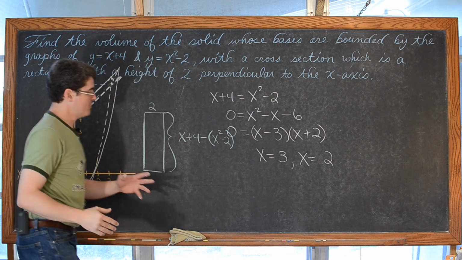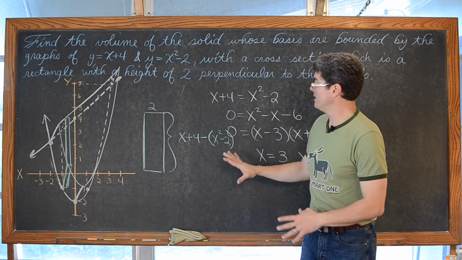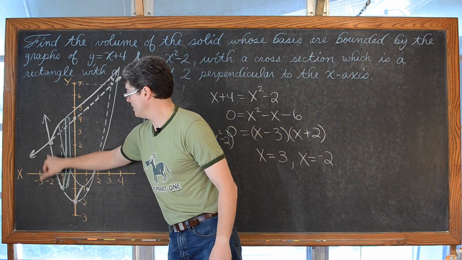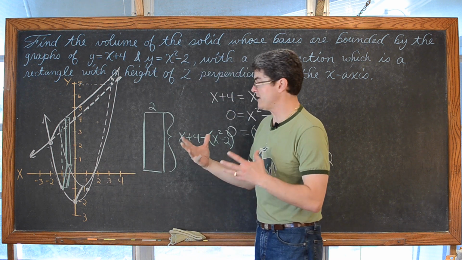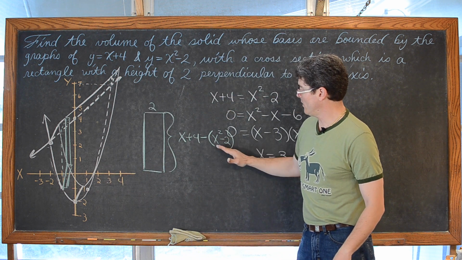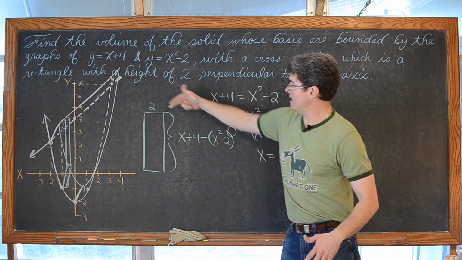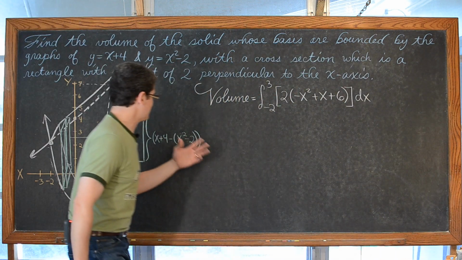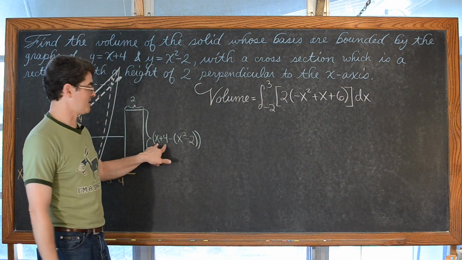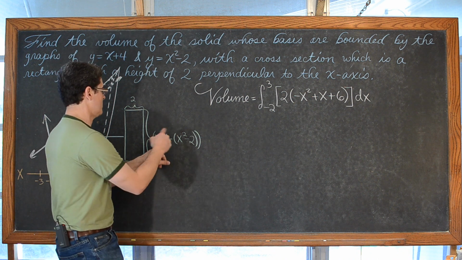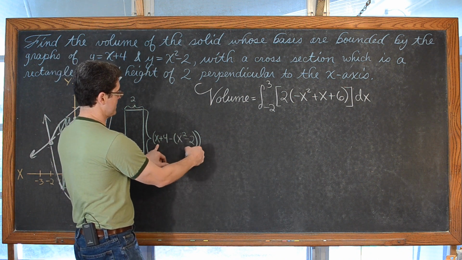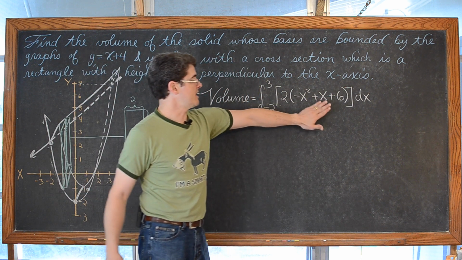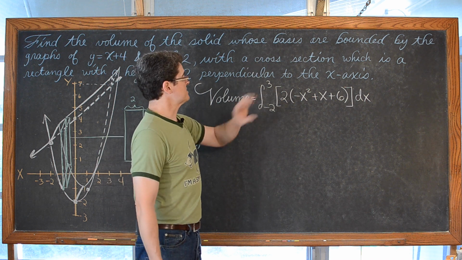Now it's getting to be a bit of a mess, and I do want to pause the video and clean all this up and set up an integral, which is going to be from -2 to 3, and that A of x is going to be our length times our width. Alrighty, now that we have that cleaned up, and I have also cleaned up this function describing the length of the rectangle, distributing this x through and combining like terms, we have -x squared plus x plus 6. So we have the length of the rectangle, the width of the rectangle, we have this definite integral set up.